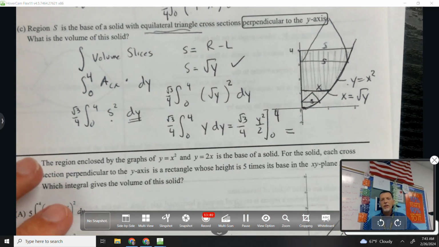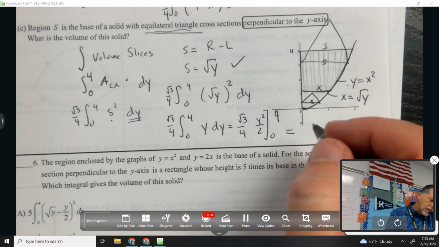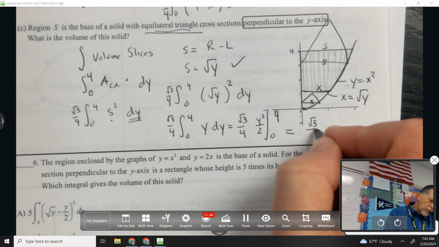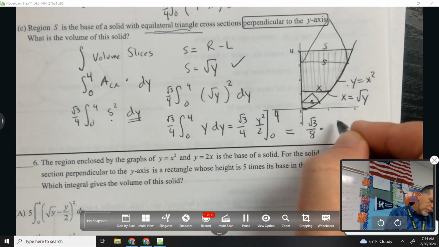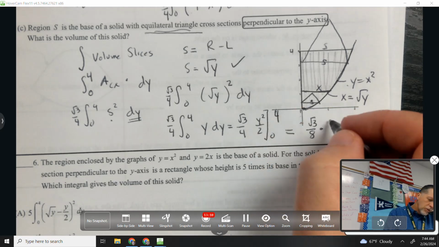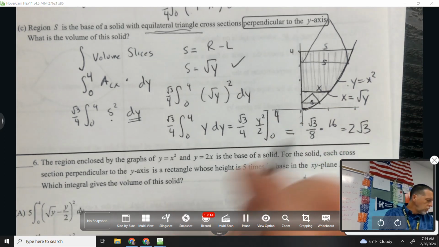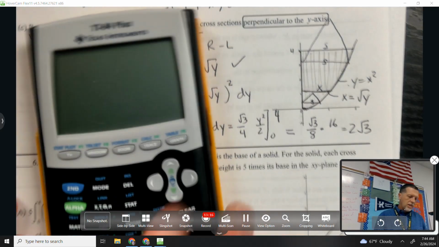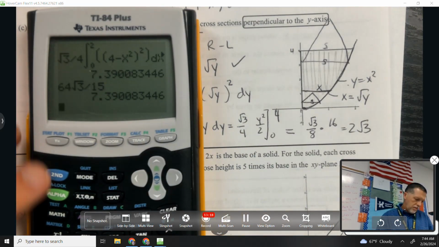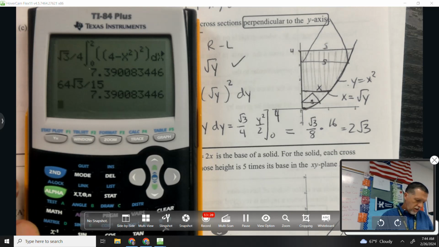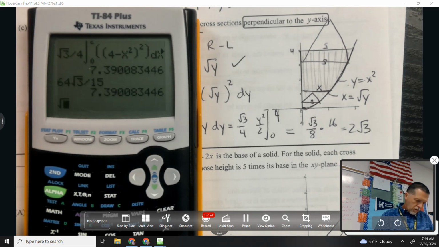Again, you've got a calculator. You should probably use it. So that's root 3 over 8 times 4 squared, which is 16. So 2 square root of 3. Maybe I should make sure. Square root 3 over 4, math 9,